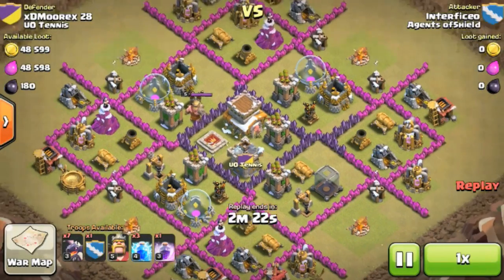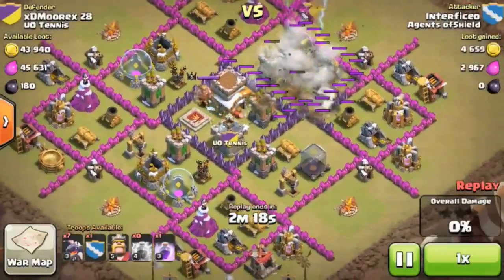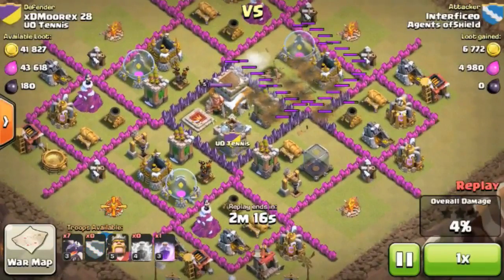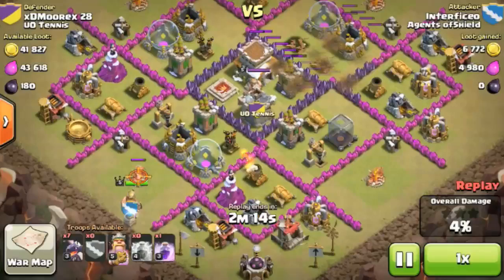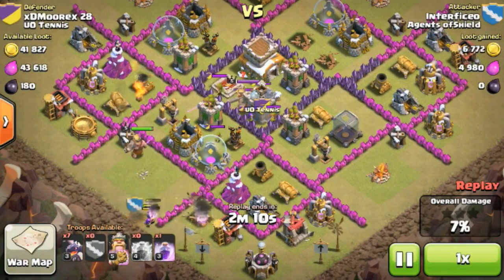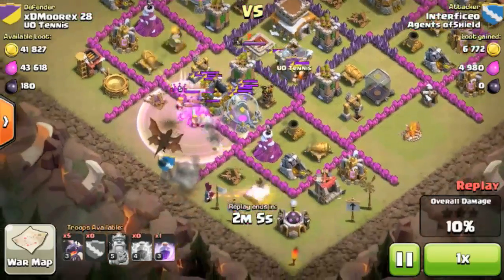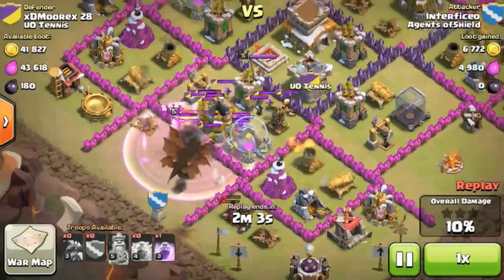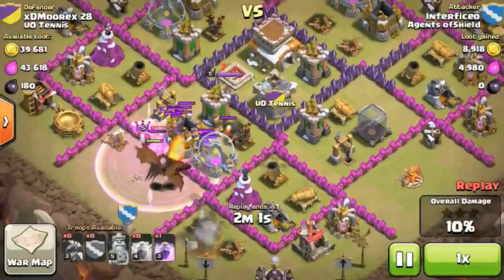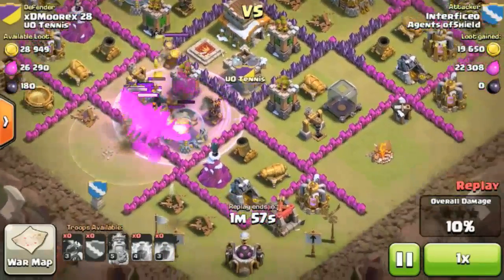So the third attack on this layout was by Interficio, and he's going to try to bring 7 level 3 dragons. I'm not sure why only 7. And anyways, 3 lightning strikes and 1 rage. And so he decides to lightning strike out one of the air defenses behind the town hall, and he's going to drop all of his dragons there, trying to direct them towards the center, but they get a little hung